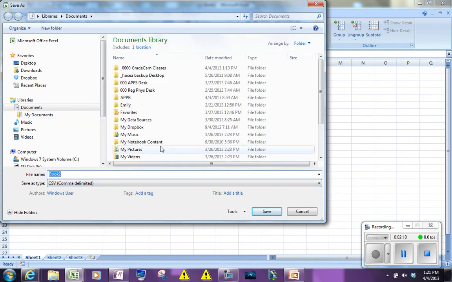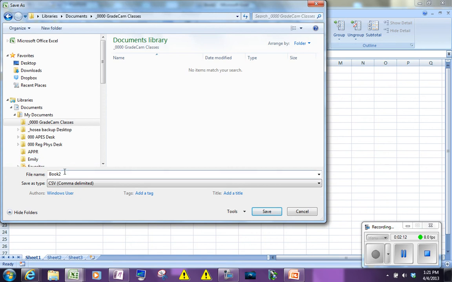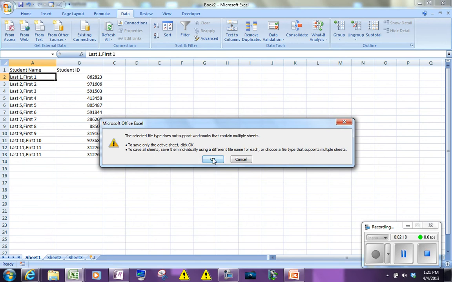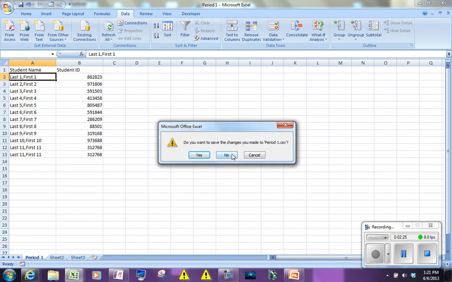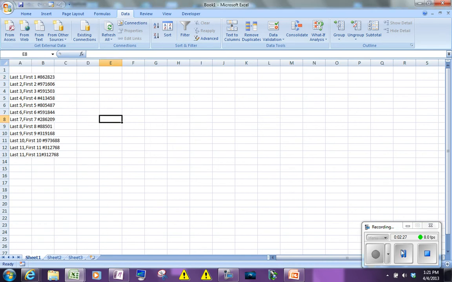I would give it a name, let's just call it period 1, save. It's going to give you a message about overwriting formats, just say yes, and then you're going to close that file. Then what you're going to do